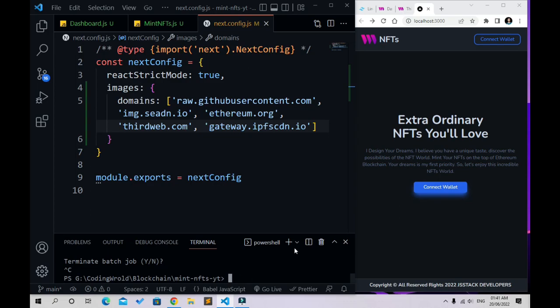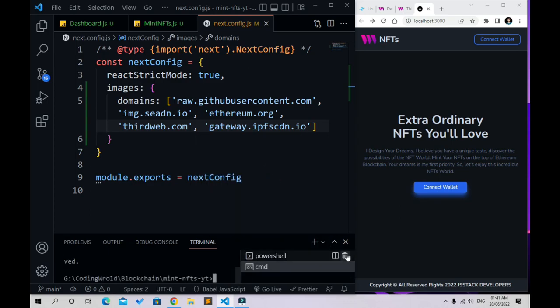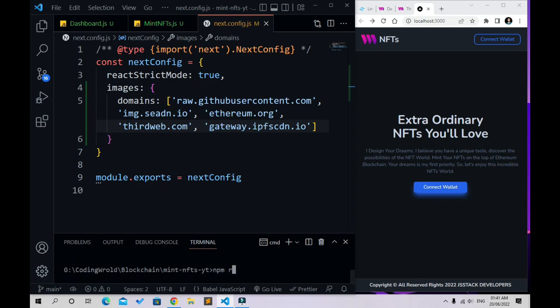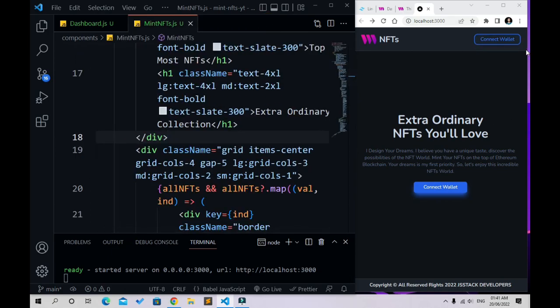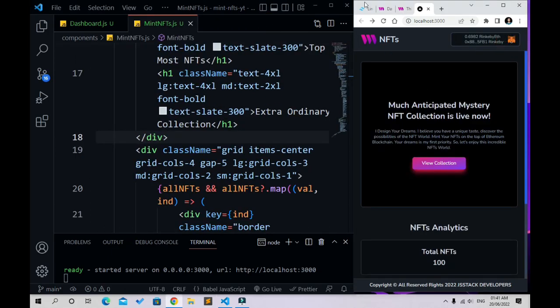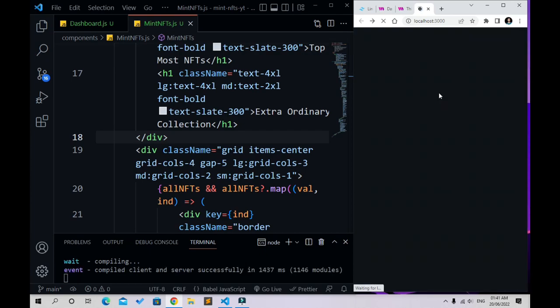Okay, we are fetching real-time metadata from the blockchain. You can see IPFS is the blockchain database. Go back, connect wallet, hit refresh again, and the whole